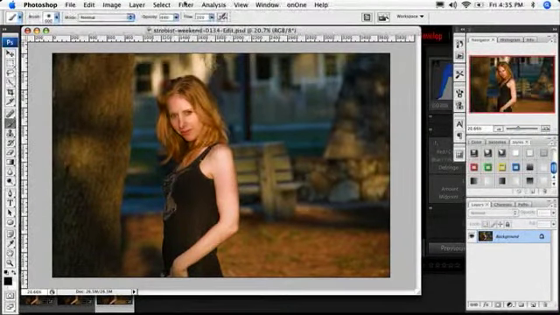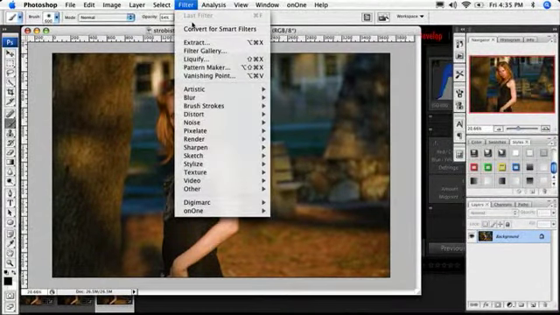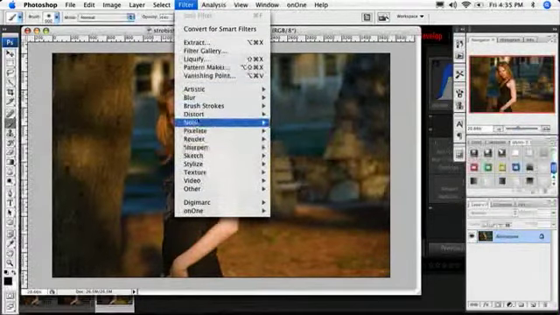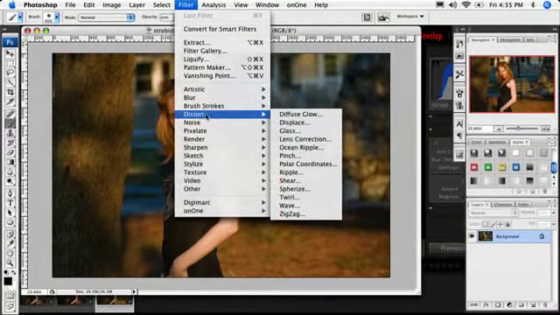To do that, you can go to Filter, and under Filter, you kind of have to look for it because it's a distort. Right? Lens vignetting was something that used to happen to images when you would have a camera and the lens on the camera would wind up burning in the edges. And it used to be kind of the mark of a cheap lens. So Photoshop would have this as a correction to be able to help that. Turns out people use it now as an artistic effect. So if you go to Lens Correction,